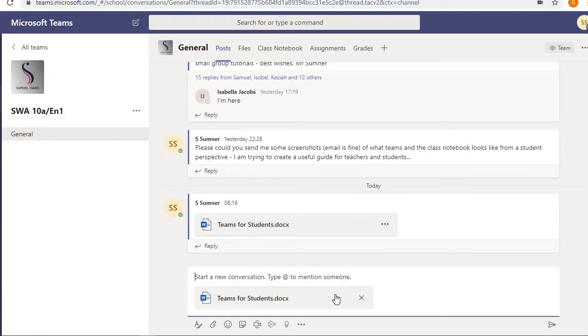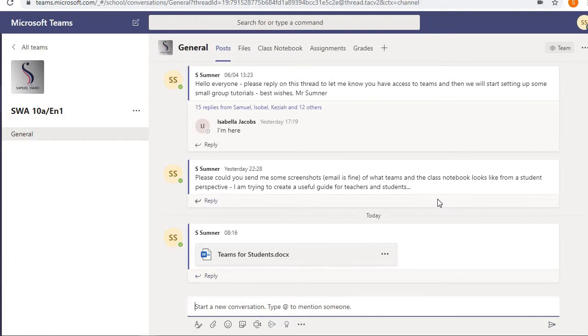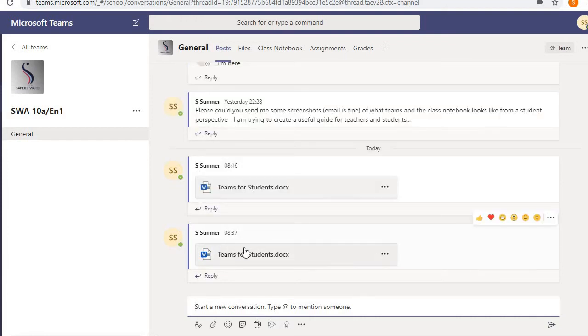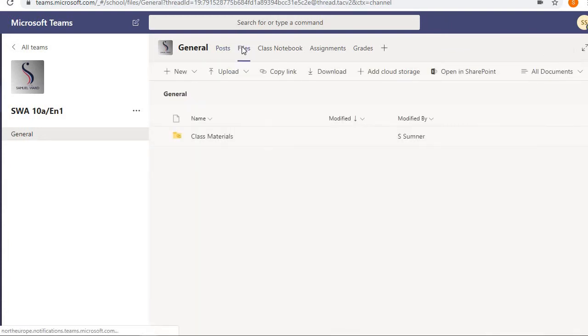And there it is for the young people, and they can have a look at it now, and there it is. So as you can see, you've got it. This is definitely not from an earlier video recording that went wrong. I'd like to be really clear, definitely not. And then what will also happen, it will also come up in an area marked Files. And so in Class Materials,